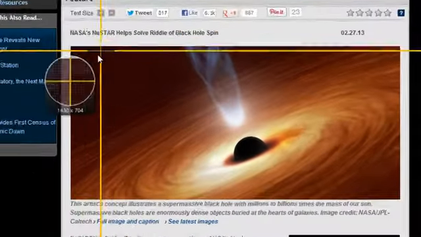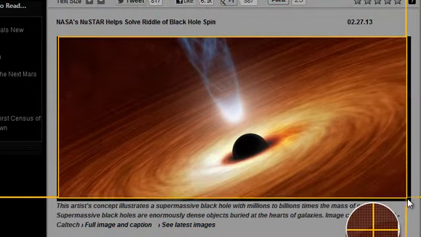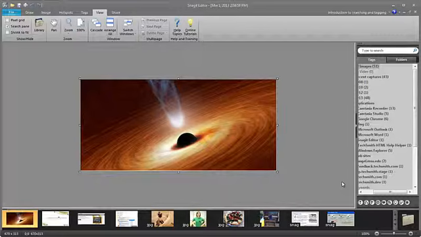See how you've got these crosshairs? Use them to select the thing that you want to capture. Just click or drag and click to select a portion of your screen. And when you let go, pow! Your capture appears in the Snagit editor.